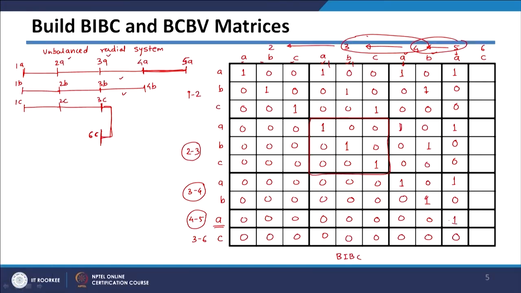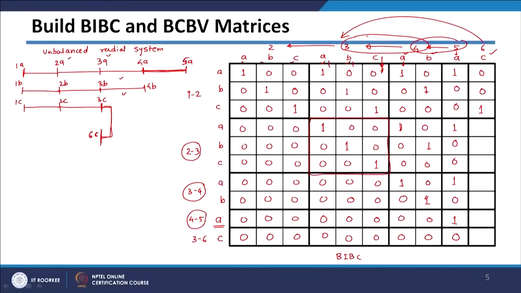Now, there is no connection between 5 and 6, however, there is a connection between 3 and 6, which you are talking about. So, copy the column corresponding to bus number 3. However, only C phase is existing here. So, we need to copy the column corresponding to C phase, which is basically this column here. If I copy it as it is, it will be 0 0 1 0 0 0 0